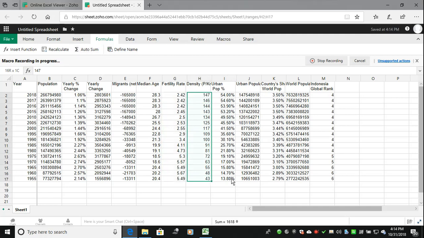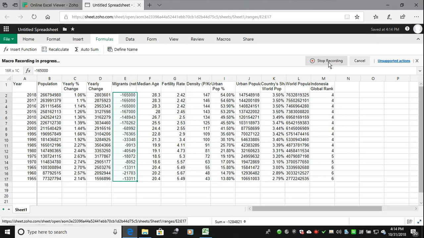My AutoSum value is 1618. My AutoSum value is, here you can see, 1284821. So I want to get AutoSum through this recording. So I stop the recording.